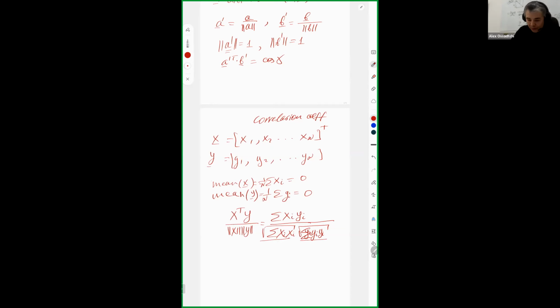So if you had your vectors normalized, then the correlation coefficient between the two vectors will be equal to simply the scalar product of the two vectors, right? And now, if you try to visualize it, you have time series like this, and then you have another time series, let's say like this, then clearly these two have very high